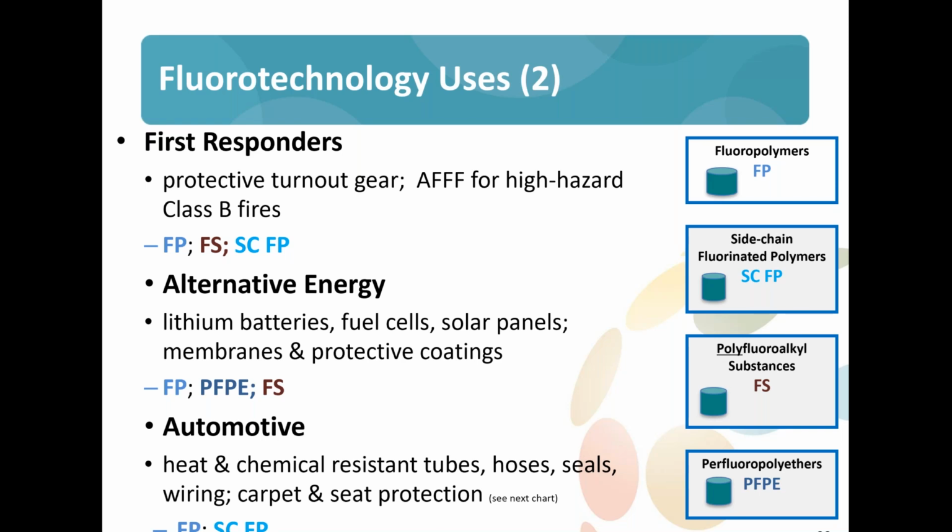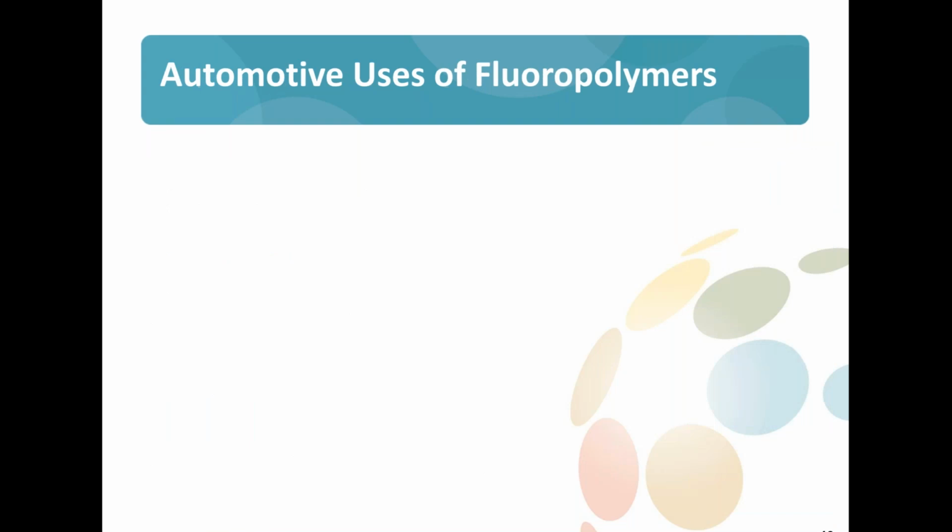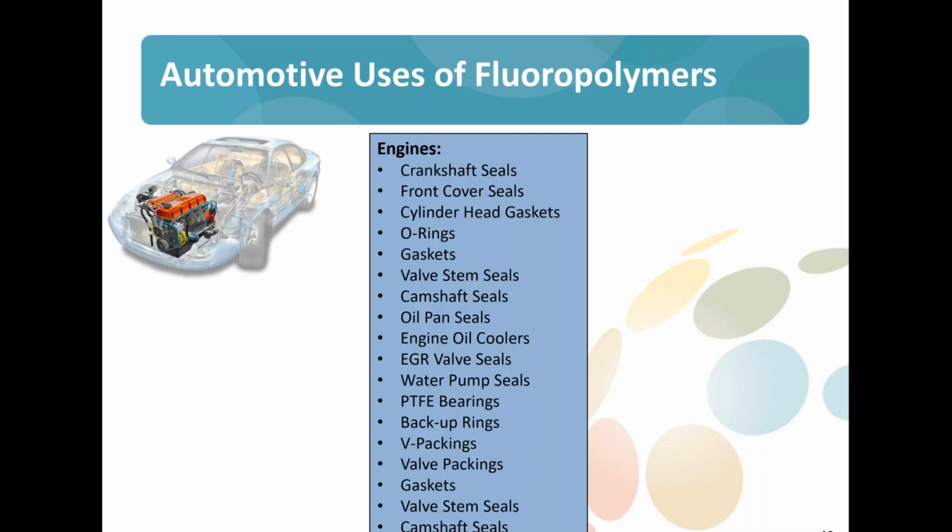And automotive is an example that I'm going to build out. It is the only one I'm going to take a few minutes on, but these chemistries are used in a number of applications you may not be aware of. You probably are aware that your seat or carpet may be protected with a repellent. What you may not be aware of is how integral fluoropolymers are to the safe operation, as well as the efficient operation, of your automobile. So let's take a little journey with the automotive use of fluoropolymers. You've got your engine compartment, and you can read these, and you're going to have these available to you.